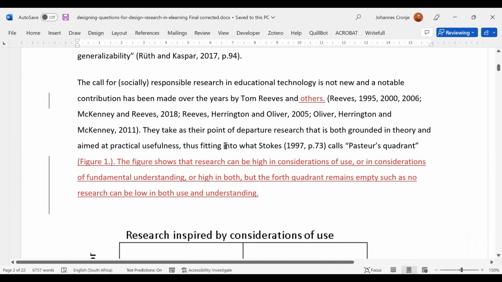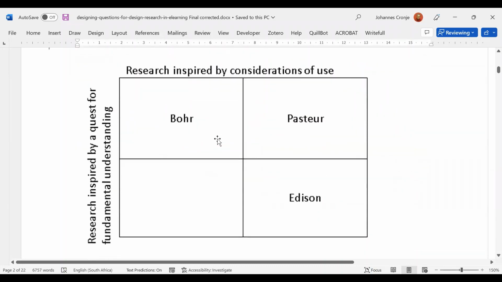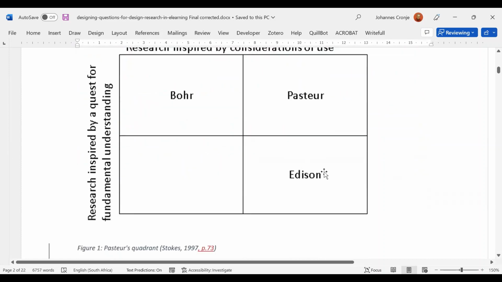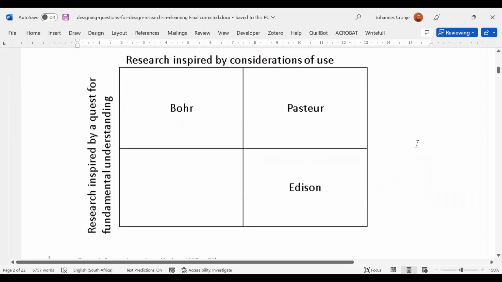Now, remember they said that there was a table that I needed to explain. It's this one here, and I'll show you quickly. It says the figure shows that research can be high in considerations of use and in considerations of understanding, or high in both. But the fourth quadrant remains empty, as no research can be low in use and low in understanding. So just to explain this to you for interest's sake,